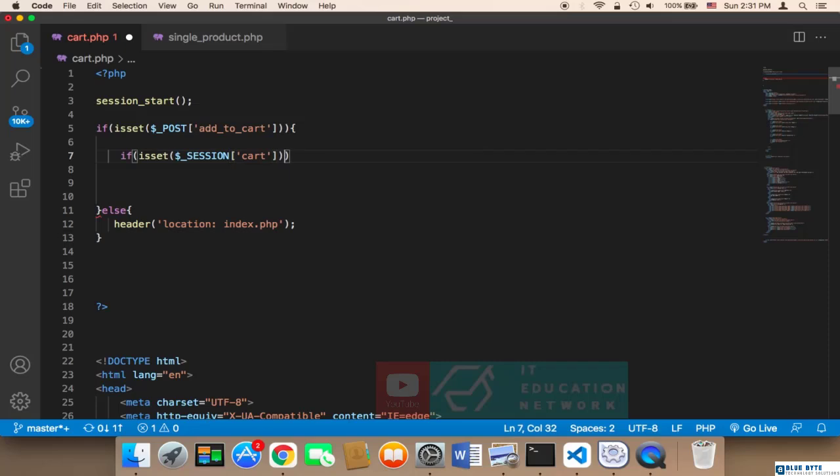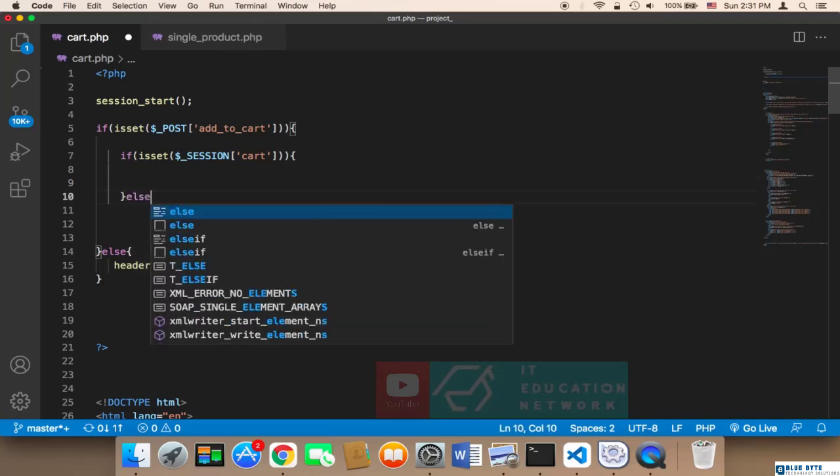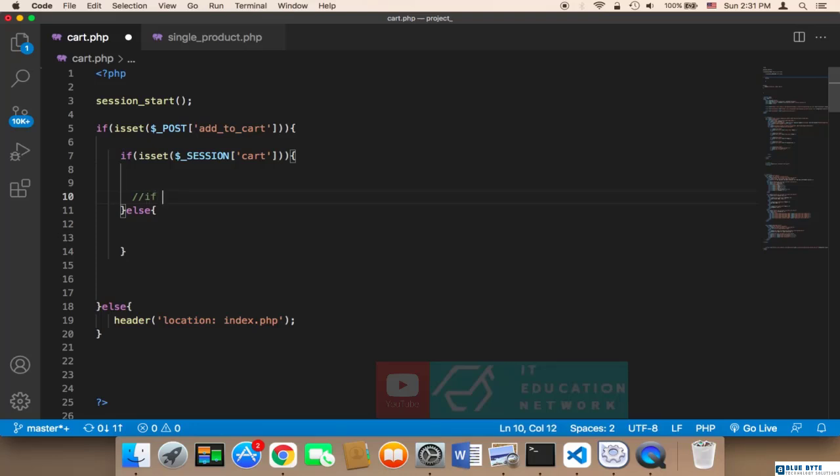If session cart is set, if we have a cart, if the user has already added something to the cart before, then we need just to add more to this cart. Else it means that this is the first product that the user is attempting to add to the cart. So here I'm going to say if this is the first product,